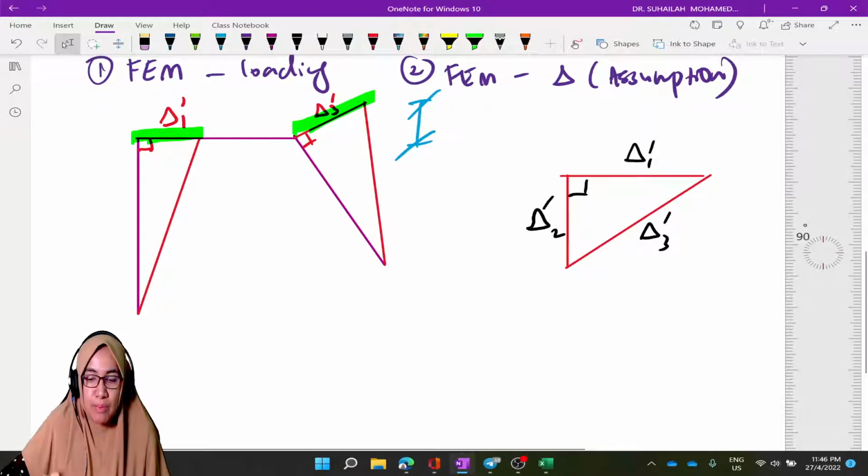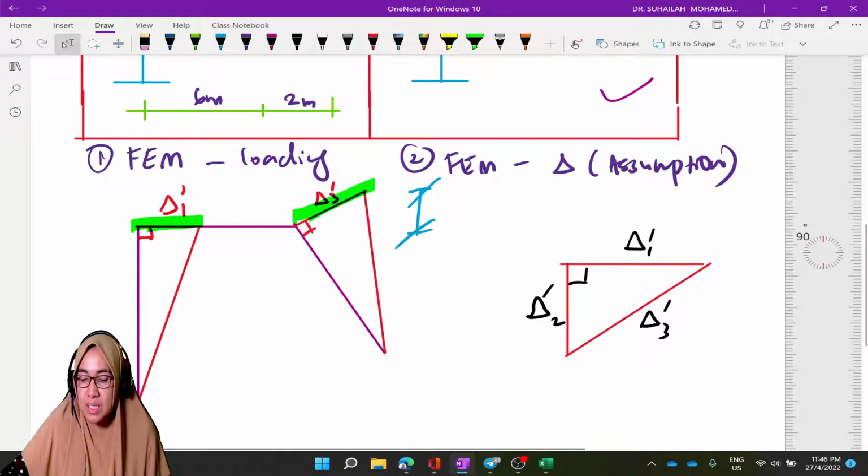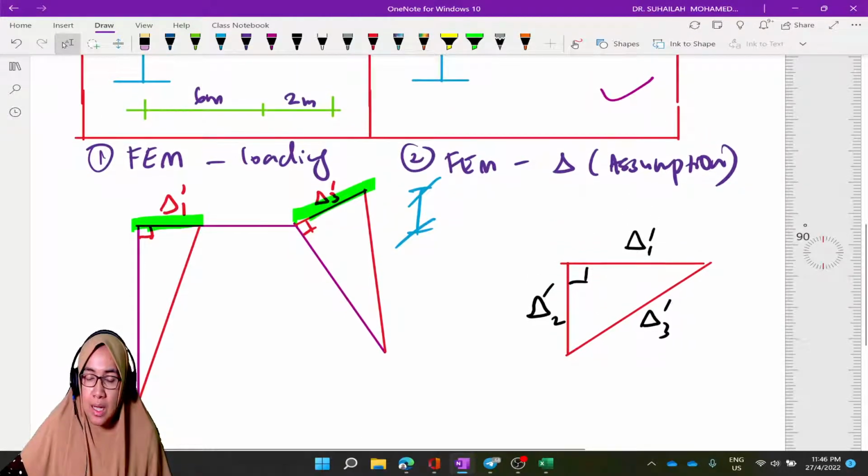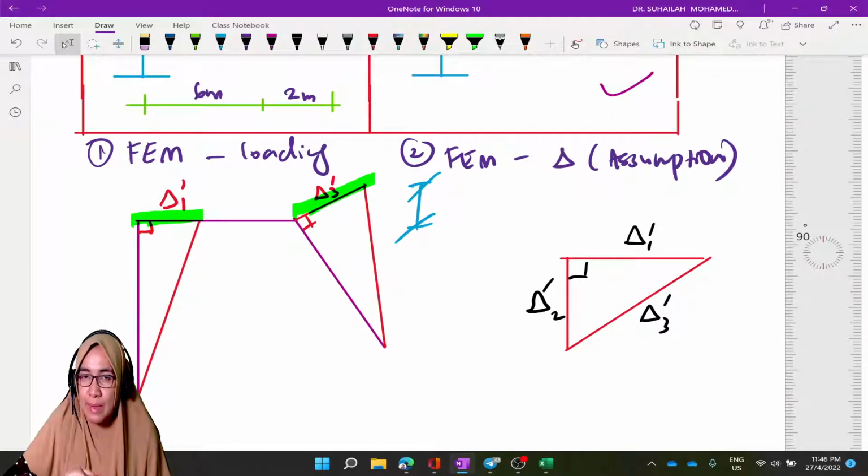Okay, so we have to make a relationship in order to calculate FEM due to delta. I don't focus on FEM due to loading because I believe everyone should know. You just need to use the formula and put the answer in the table. However, for FEM due to delta,